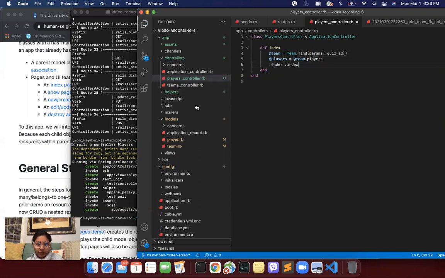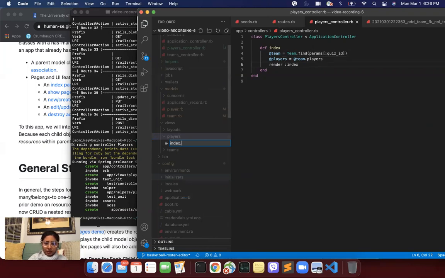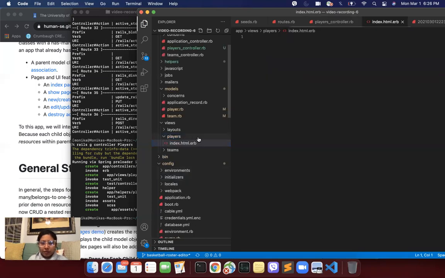And now we'll create a template in views/players, which is index.html.erb. And h1 players, table class to table, script for each, right,